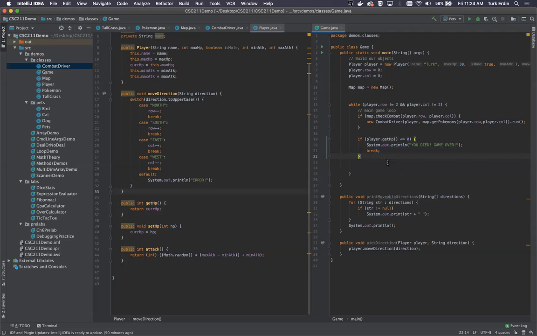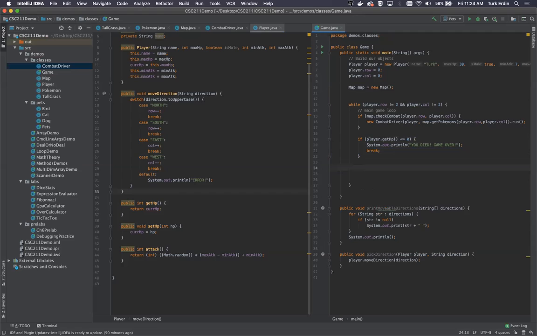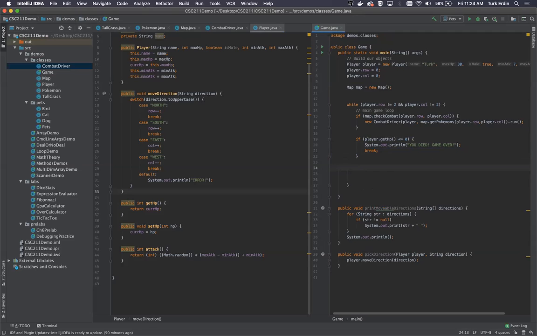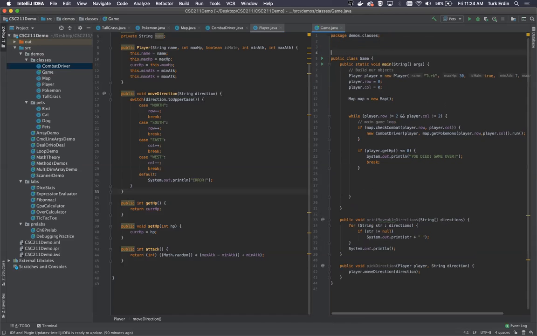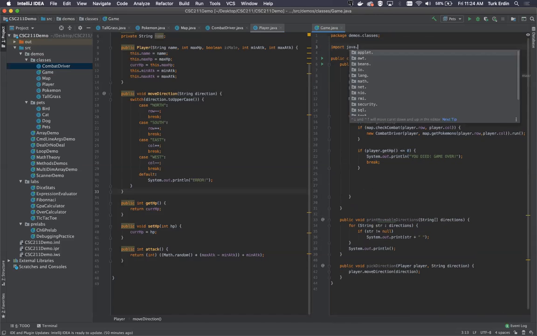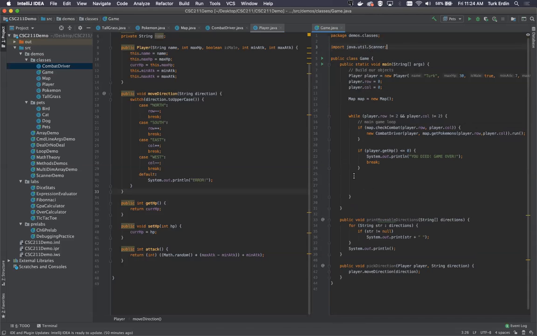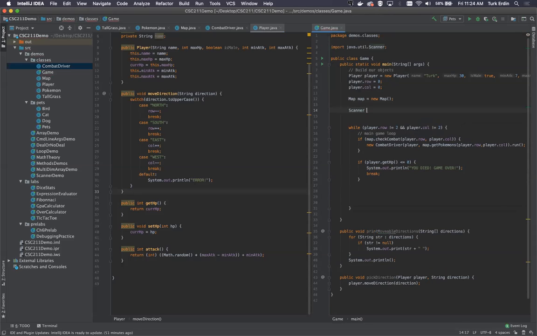Otherwise, we continue by, and we should actually import Java util Scanner. Should initialize that out here. Scanner sc equals new Scanner